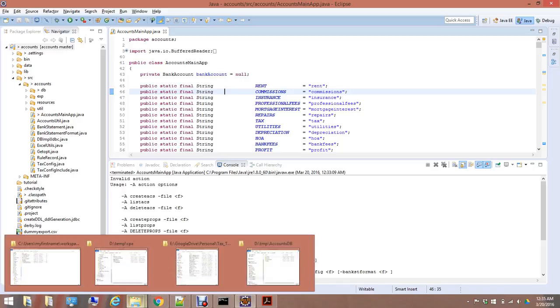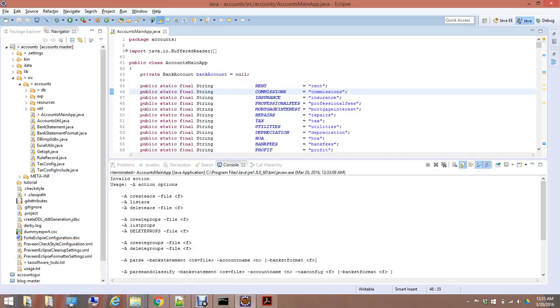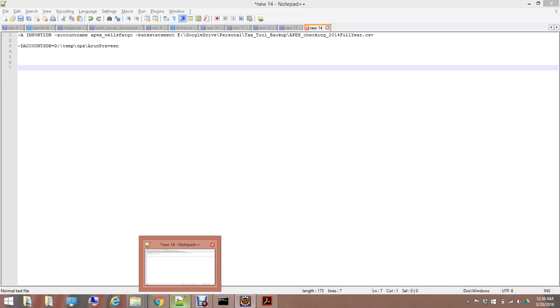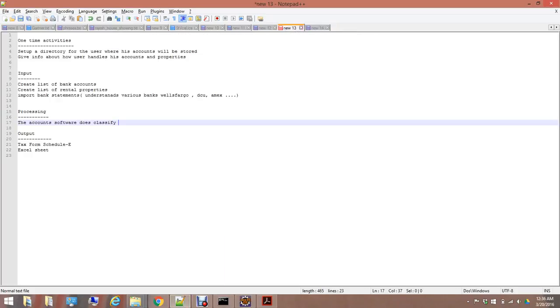So a CPA will have many users. For each user, he should maintain a database and have information about how the user maintains all his bank accounts. Each user is totally separate, totally different. This tool should be flexible so that the CPA can configure it based on the user's needs. So that's the purpose of it. In the end, just to see what this software is about,